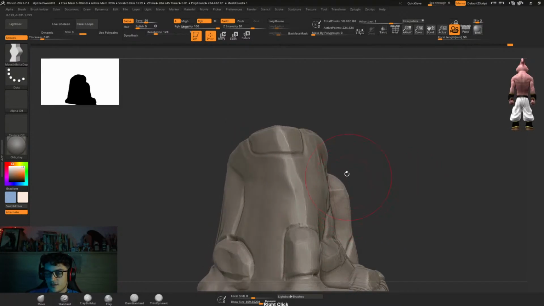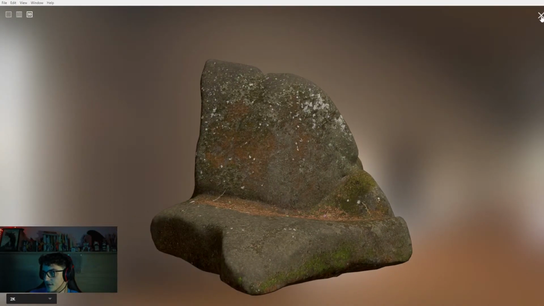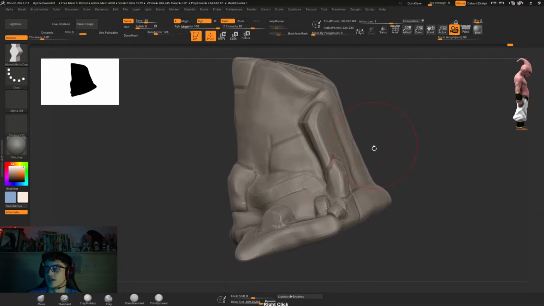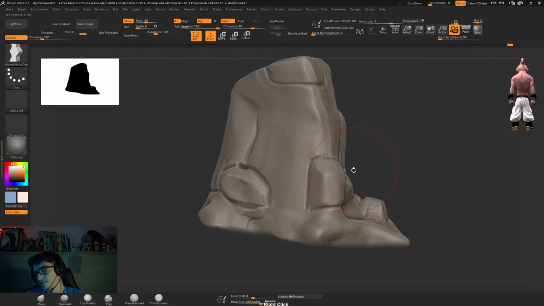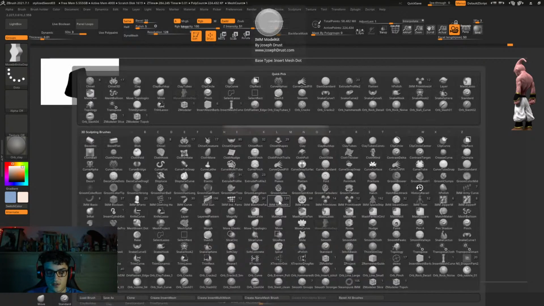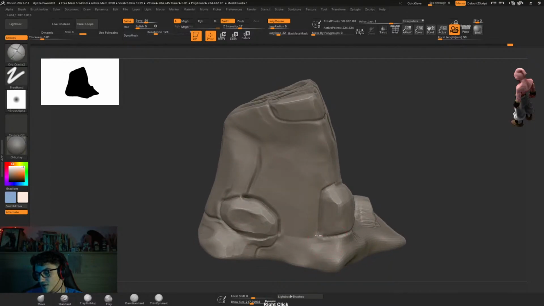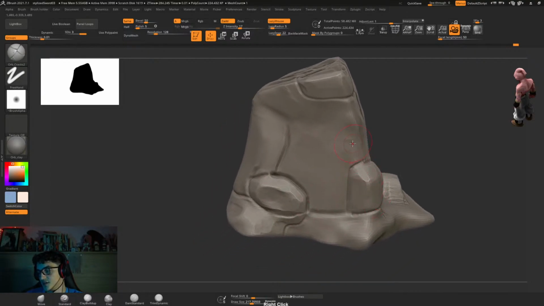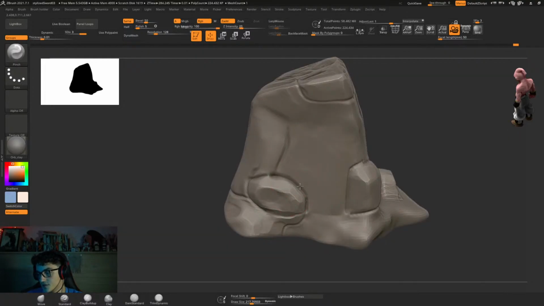So now you can see this has nothing to do with what we started off. You can see right there, nothing at all, but I used it as sort of a base mesh, which is great. And if you know your topology tools, you don't need to worry like, oh my god, this topology is gonna give me nightmares later, because there are so many different tools in ZBrush to carry out the retopology, and even fairly quick retopology tools. Again, because most people think, oh my god, retopology. It's no big deal, really. It's just a matter of getting used to the tools and using them to your own